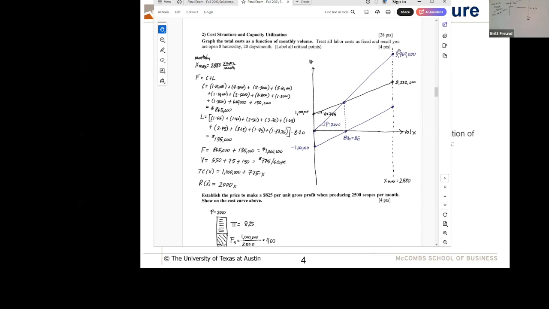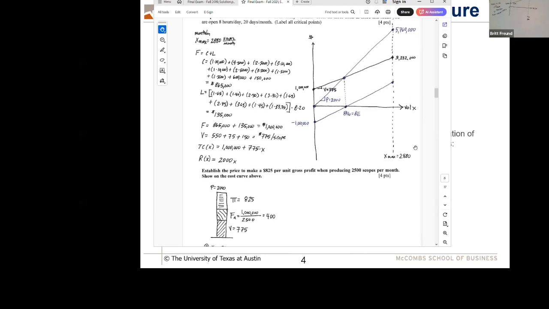Now we've got to establish this line, which is the revenue line. How do we know what the revenue is? We've got to figure out what price we're going to charge. And so then the question becomes, well, what price are we going to charge? I could just give it to you. I could just say, we are going to charge some amount for scope. But usually that's not the way it works.